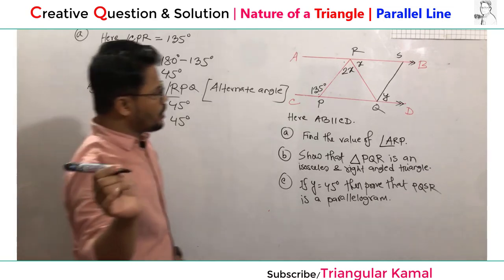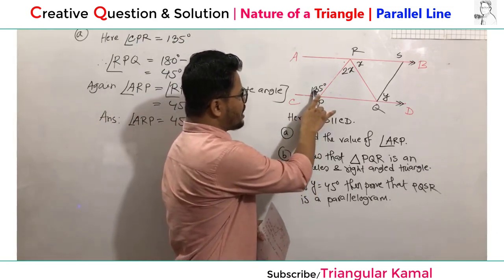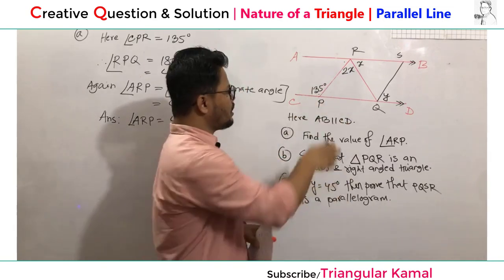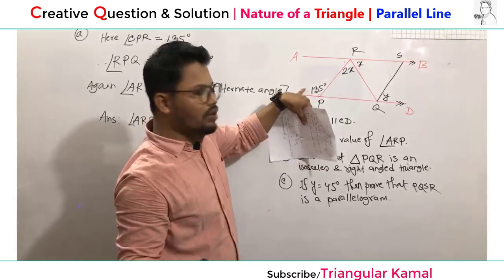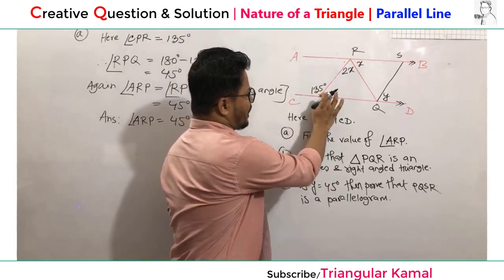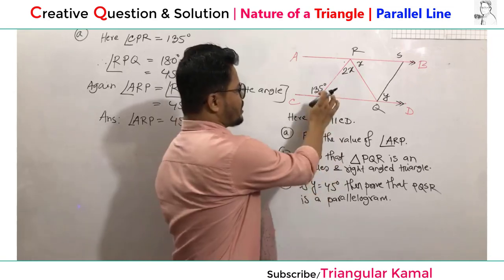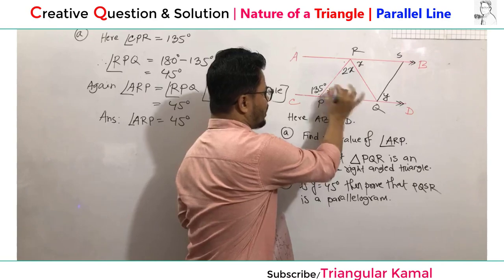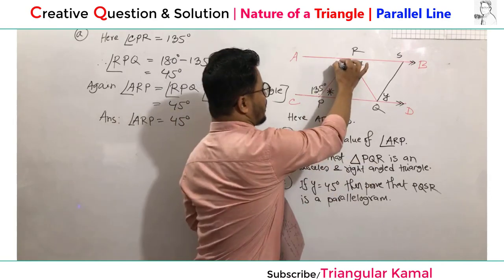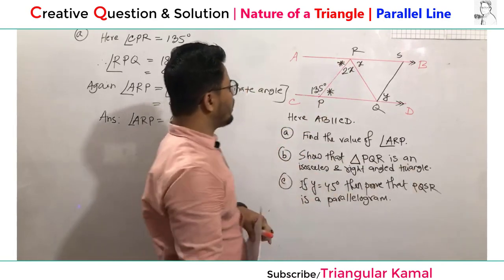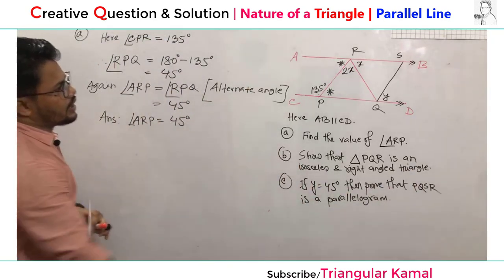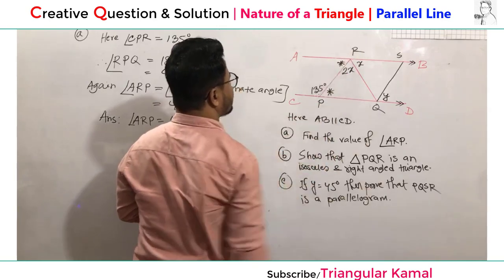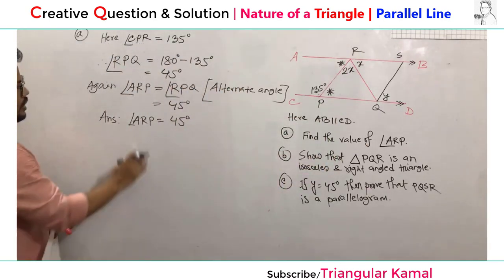My dear students, let me clear again. If this angle is 135, definitely these two angles make 180 degree, the straight angle. So if this one is 35 degree angle, the remaining part will be 180 minus 35, 135. That means this one is 45 degree angle. If this one is 45 degree angle, these both angles are the same because they are the alternate angles when AB and CD are parallel and PR is a transversal. This angle is clear now.